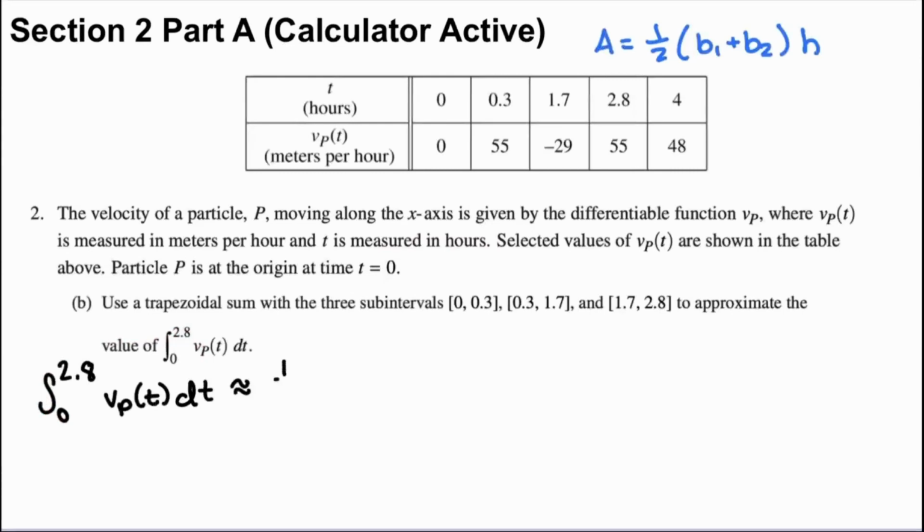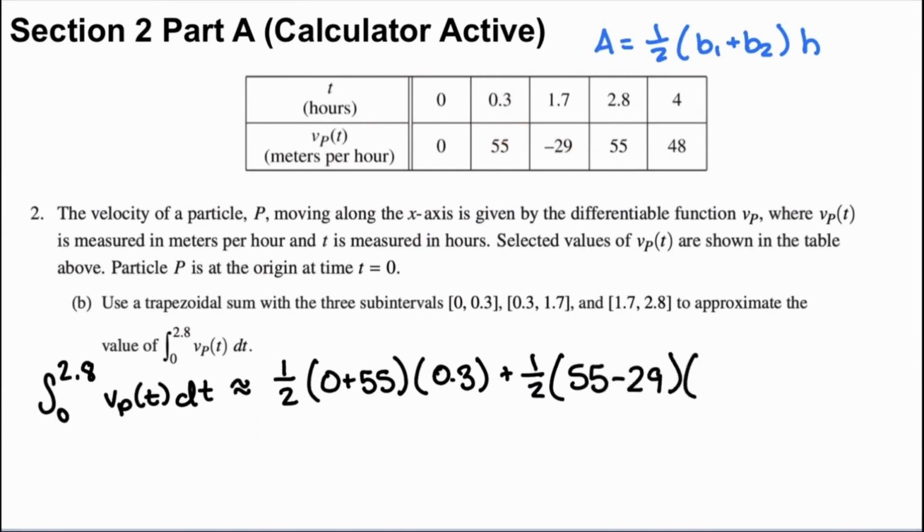So let's go. We have 1/2 times, we're going to take from the two bases, 0 and 55. So that's what we're going to write, 0 plus 55. And then our height is going to be the difference of 0.3 and 0, which is just 0.3, plus 1/2. Again, we're taking from our bases, 55 and negative 29. So adding them, well, it's really subtraction, and then the difference from 1.7 and 0.3 is going to be 1.4